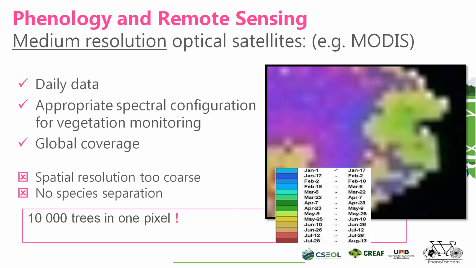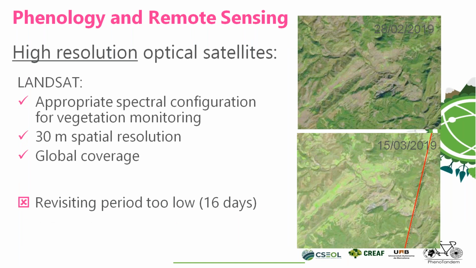It's so blurred, the resolution is so coarse that you have more than 10 in a pixel, so you only have an indication of what is happening there, but you are not observing exactly the same as if you were in the field and you were observing